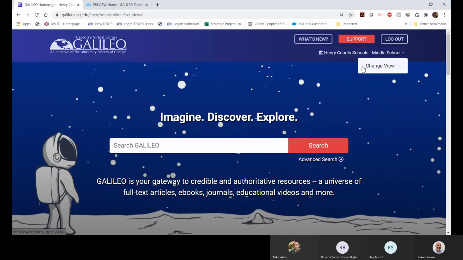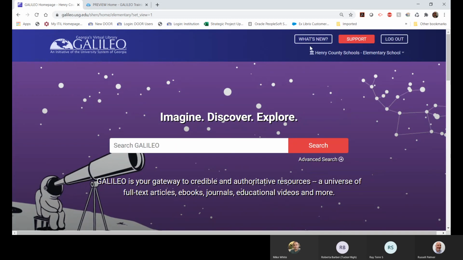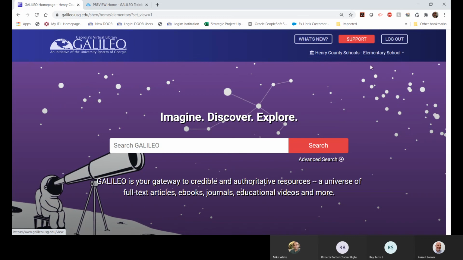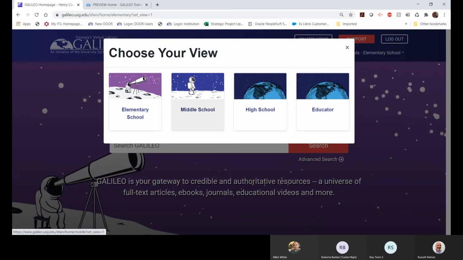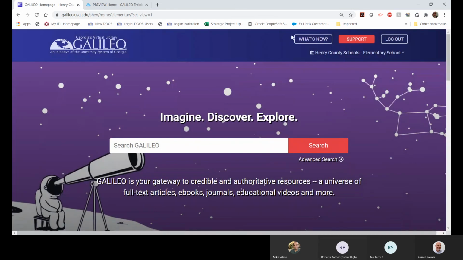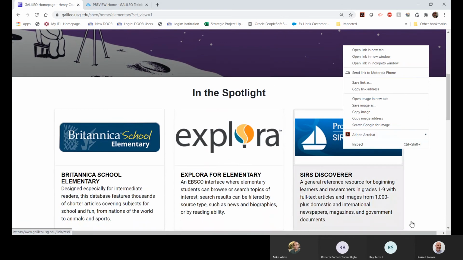But again, we wanted also for it to be super simple for them to toggle back and forth between views. So for example, I know that you might get different grade level needs across for a middle schooler. They might need to go back to elementary for a couple things, or hey, you might have an elementary student who needs to jump into middle to find a couple of things that they need. So we wanted to make it easy for them to toggle back and forth quickly between those views and get what they needed. So that is everything I believe that I wanted to share about Galileo and the views, and